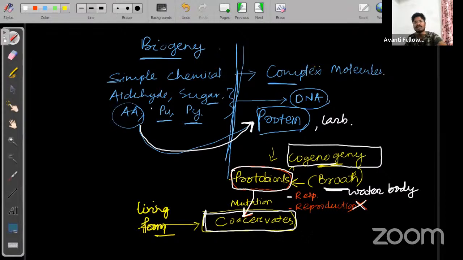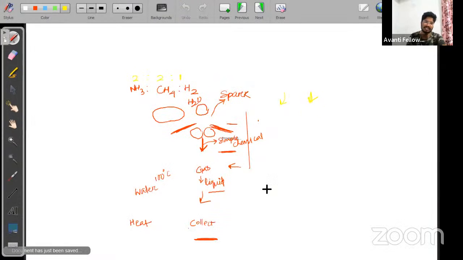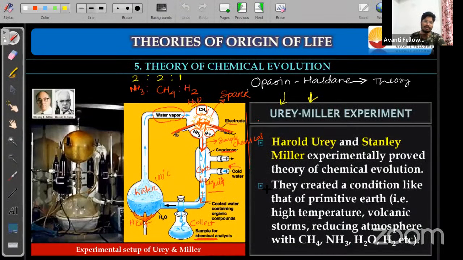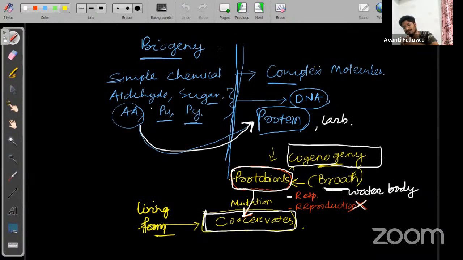Okay, and from carbohydrates again evolution happens and life forms came into existence. So this is all about, I can say, the theory of chemical evolution, right? And this theory of chemical evolution, which was proposed by Oparin and Haldane, was experimentally proved by